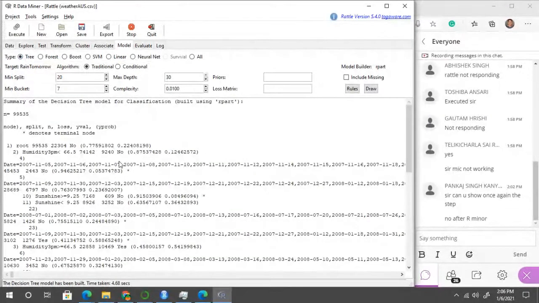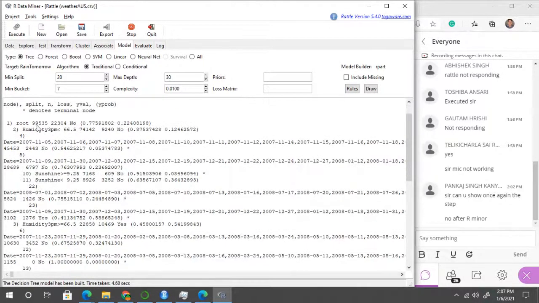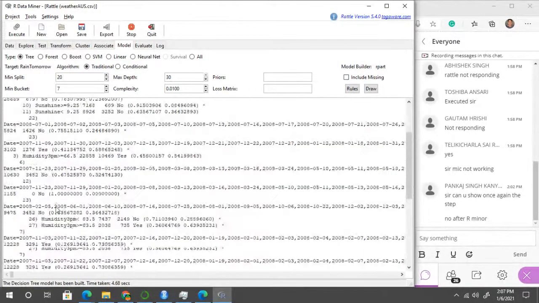Right now it is giving me output. As you can see, this is the summary of a decision tree model for classification. It will give you the options for the tree. It will define the humidity level and the number of roots.